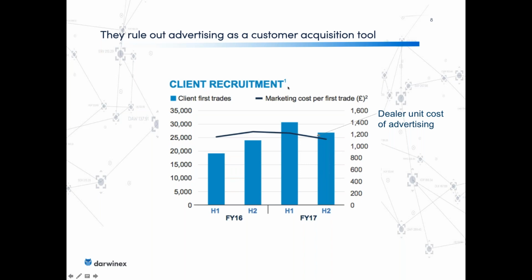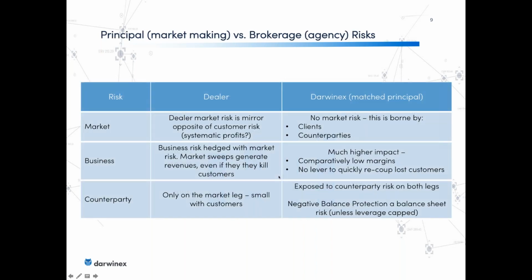We have to grow through word of mouth, and by keeping the customers in-house a lot longer. That's the other way to make this work. Okay, but if you put two and two together, for us as a business, we need to resort to alternative strategies to make money. Of course, we could become a dealer, but that's out of the question for our vision, because we just don't feel we would be credible in offering investing in Darwins if we were pocketing monies when people lose. So we will never become a dealer. We will always be a broker, and we'll have to find ways to outbid the competition.